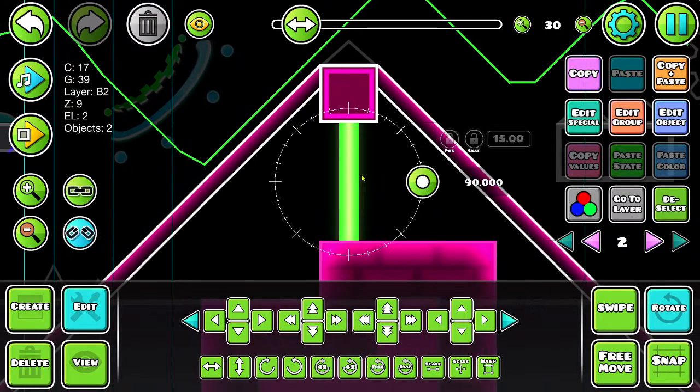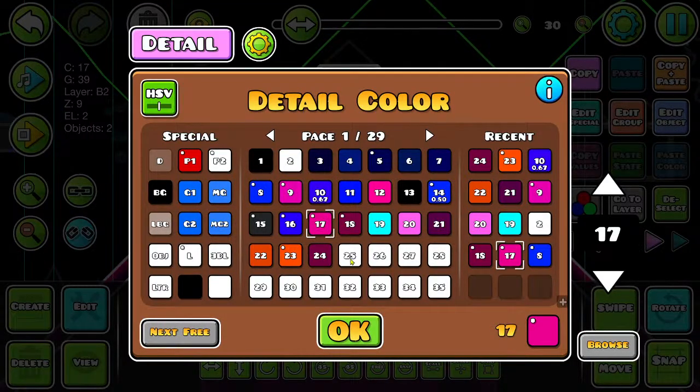That was unintentional, but it looks good. I can make it like